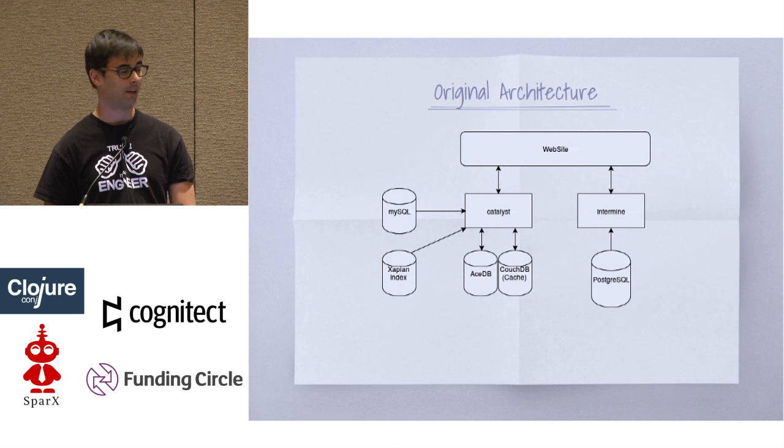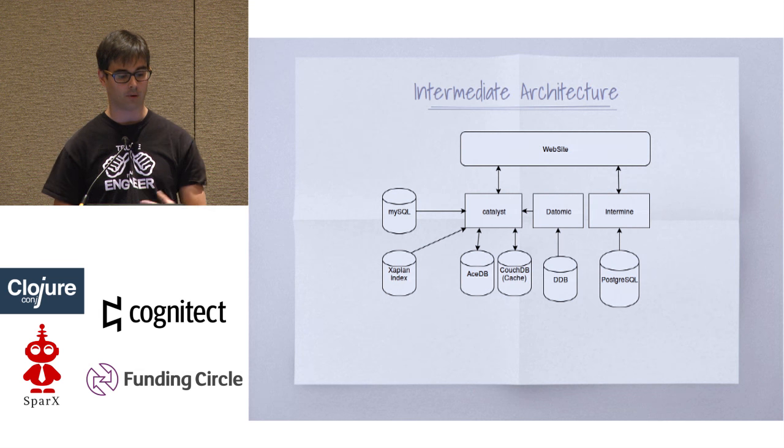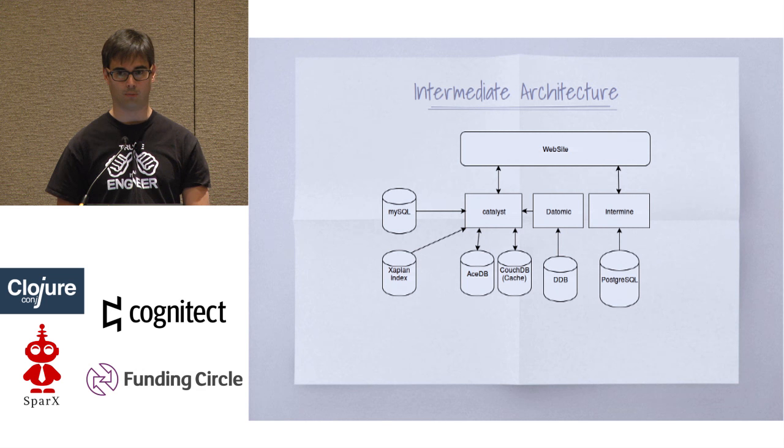So all of the data goes in there. In Catalyst, which is the Perl MVC, you have several different data stores. So Solr is for the search index, and then we have a caching layer with CouchDB, we have AceDB, and so this is what we started with. What we're going to with the intermediate step and what we've added in is this Datomic layer where Catalyst itself will pull information through a REST interface from Datomic,